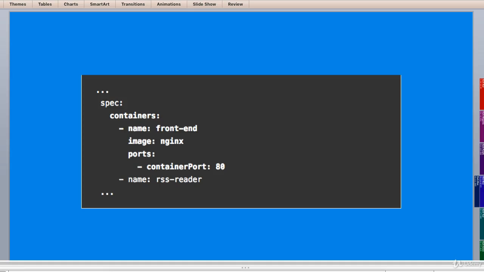In our previous example, we described a simple pod using YAML.